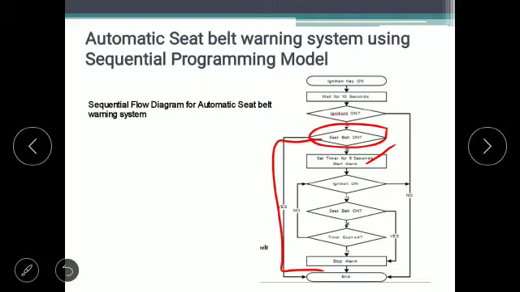Now after this condition, for example, after setting the timer, ignition still on, and the seat belt, if it is on, then the timer has to expire and the alarm will stop. If the timer is expired, the seat belt is on, then once again it will check if ignition is on. If it is no, then directly once again you have to end. That means you have to keep on checking different states. It is a flowchart kind of a thing. It is called the sequential programming model. It is also used for some embedded system designs.